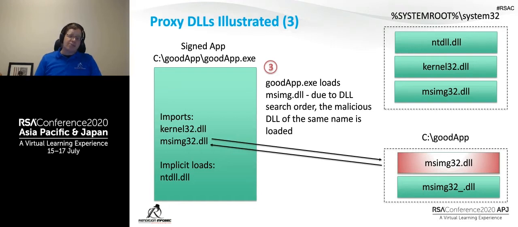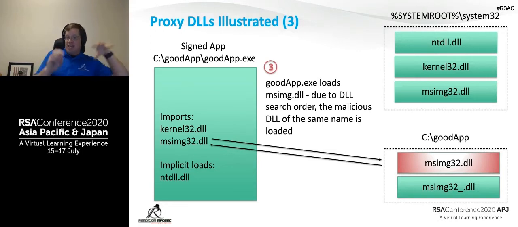But it's not enough to simply fire up Meterpreter and Metasploit and be like, generate me a DLL. You can't just do that and assume everything's going to work, because the Windows loader is going to be like, okay, cool, I loaded that DLL. Now let me resolve these exported functions, right? Because they're in the imported address table of GoodApp. And it can't do it because we haven't exported those functions, right? That's where the proxy comes into play.